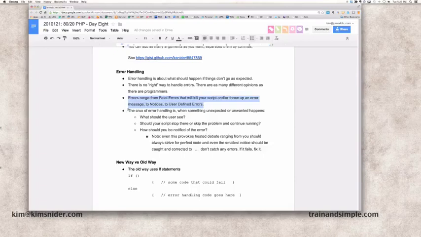So for me, it's hard because if I don't write it while I'm writing the code, I tell myself I'm going to go back and add it, but I never really do. On the other hand, it's hard for me to think through the logic of the code when I'm also having to think through the error handling, because it just adds multiple more layers of complexity. So I will just tell you that I know I don't put nearly enough error handling in my code,